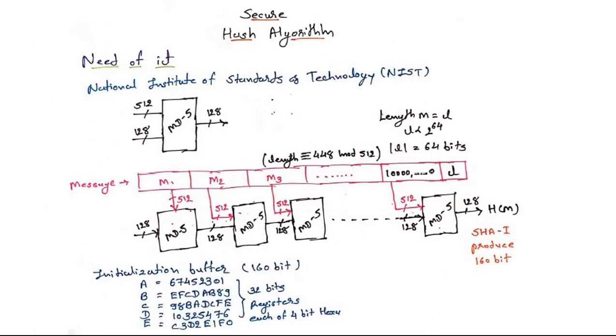Now our next topic is secure hash algorithm, SHA. First let's see what is the need of the secure hash algorithm SHA, why we are going to use the SHA algorithm. It was produced by the National Institute of Standards and Technology, NIST, in place of the MD4 and MD5 algorithms. Before the secure hash algorithm, computer networks used the MD4 and MD5 algorithms. So what was the role of MD4 and MD5? MD4 and MD5 were producing a